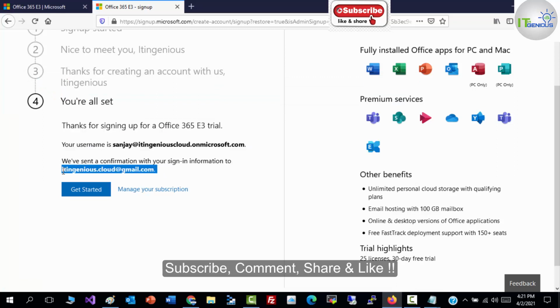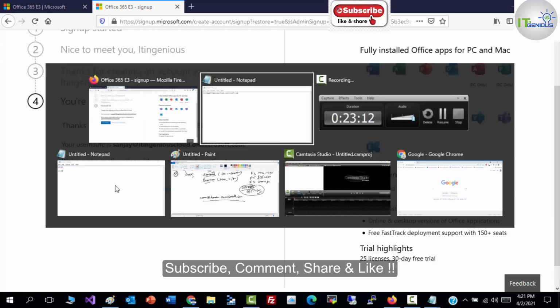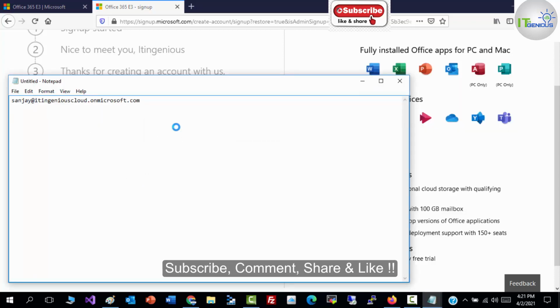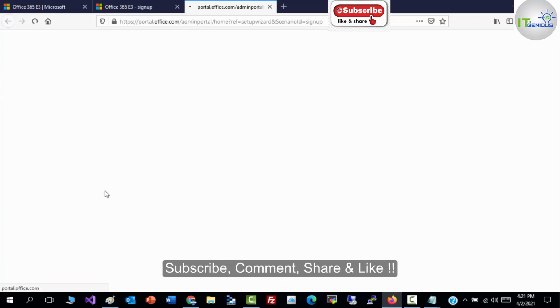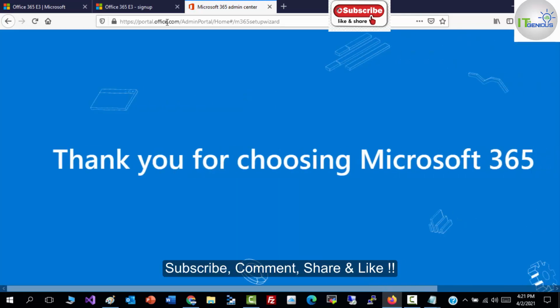So this would be my email ID, which is registered with this Office 365 account. Correct. Now let me click on get started. So whenever you will click on get started, portal.office.com, this would be the URL for your Office 365 services.